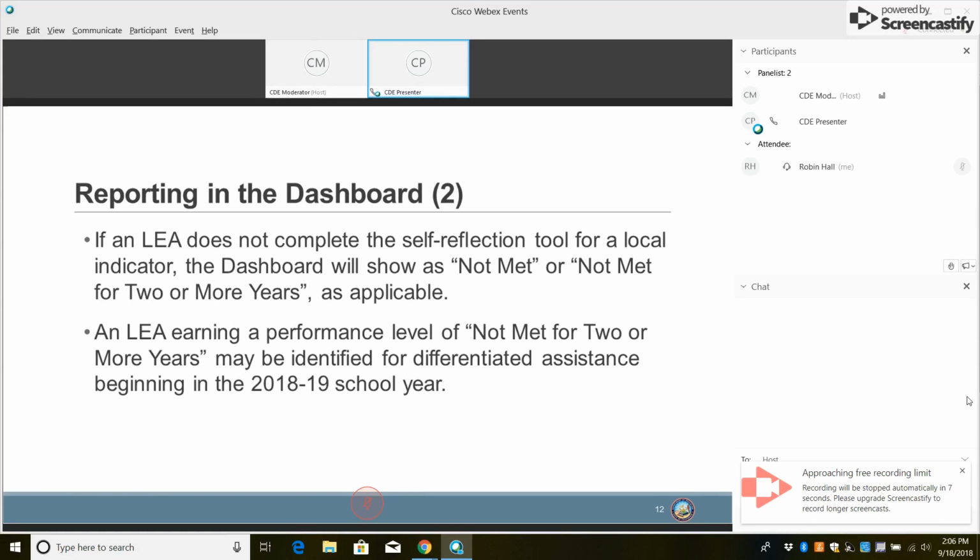However, if the LEA does not complete the self-reflection tool that Jonathan was talking about a few minutes ago for a specific local indicator, the dashboard